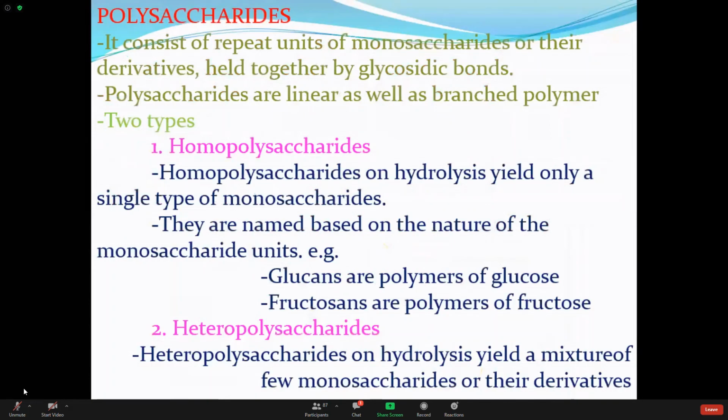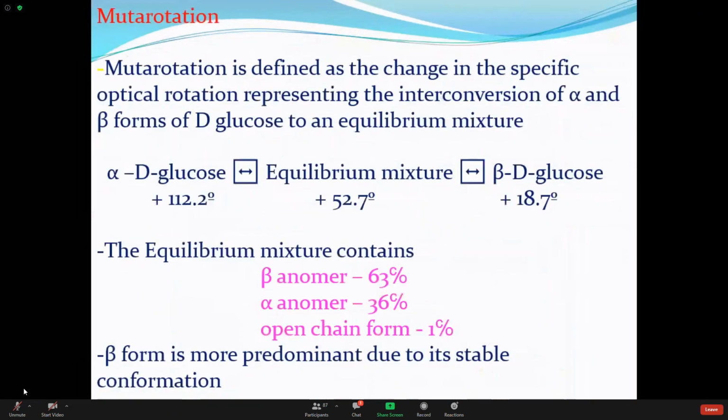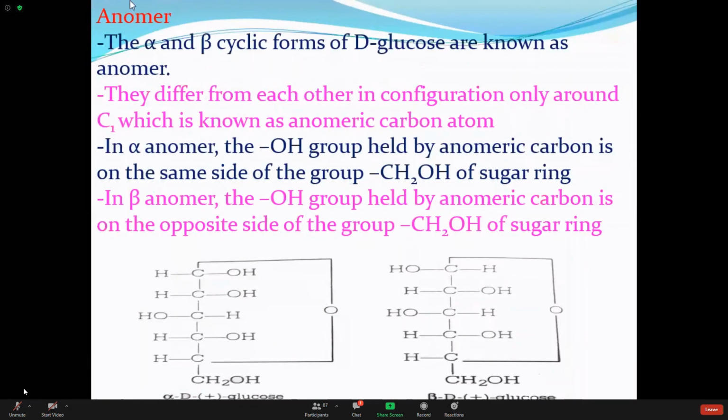Okay, so have a look here. Again, what is alpha and what is beta? No, I know what alpha and beta are, but how can I differentiate between them if it's a ring, a circle? One minute, I did not understand. How can we define between alpha and beta in the ring, in the glucose? Yes, alpha and beta.